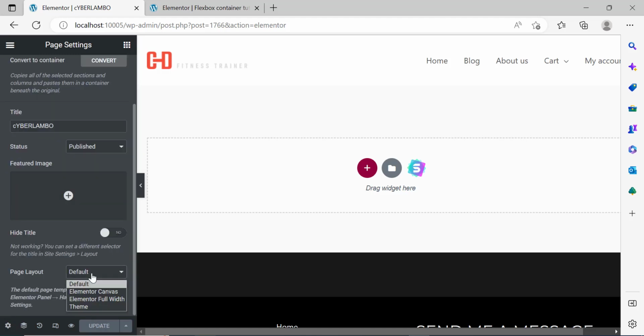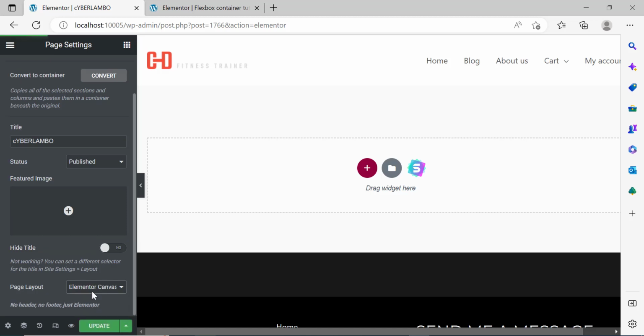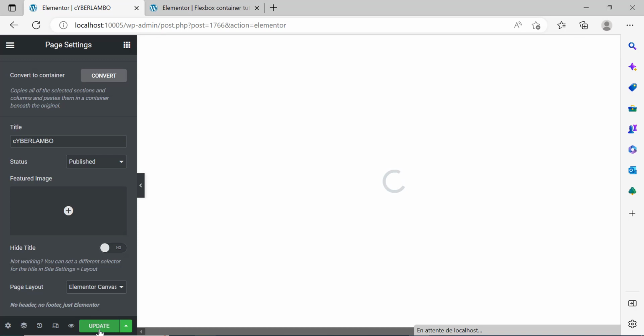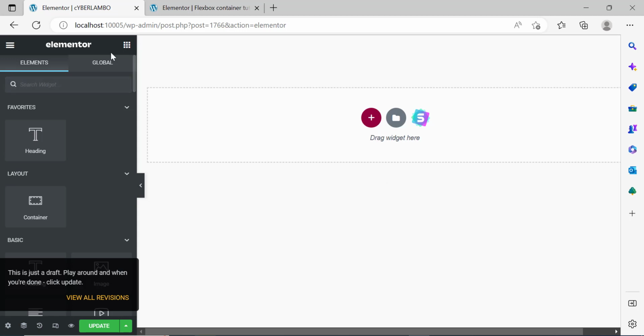You can see the page layout. Click on the page layout and choose Elementor Canvas. Click on update, and you can see that now we have a brand new blank page, which is exactly what we want. Now, go back to the elements of Elementor, and then the first thing you want to drag is